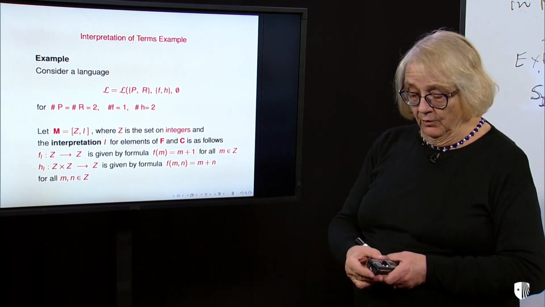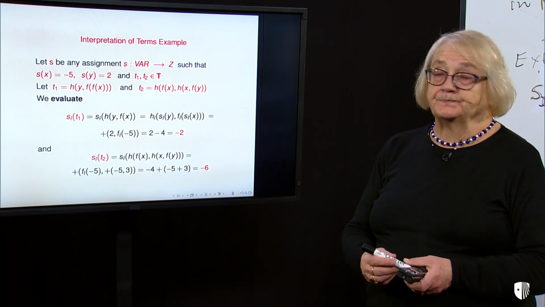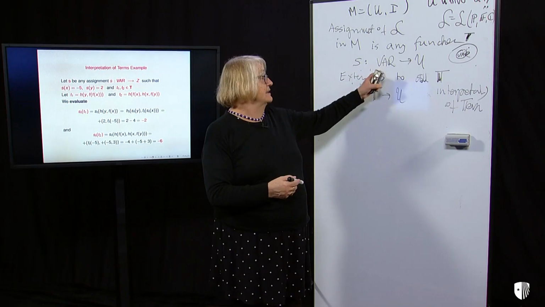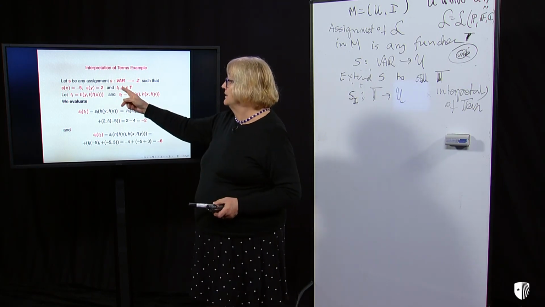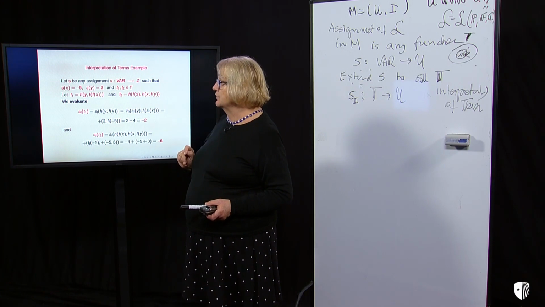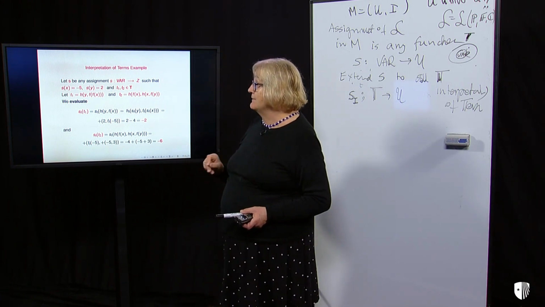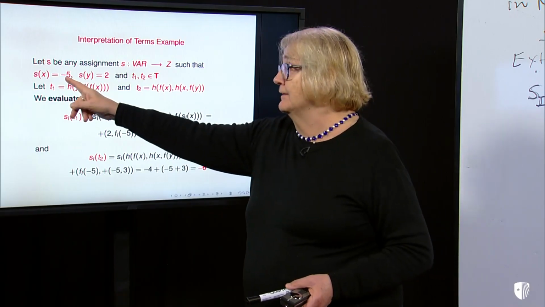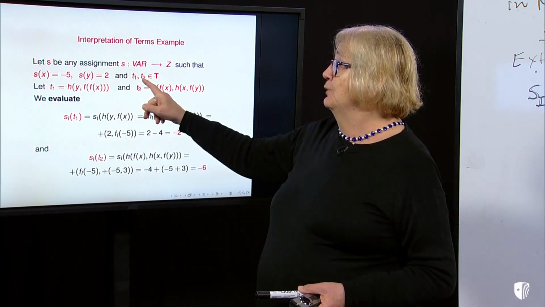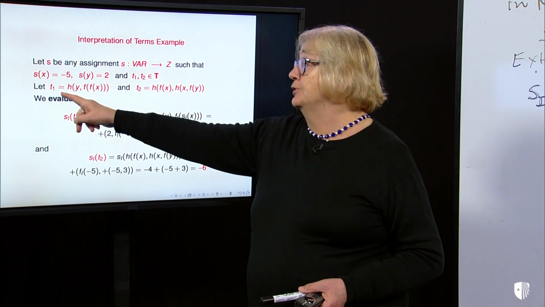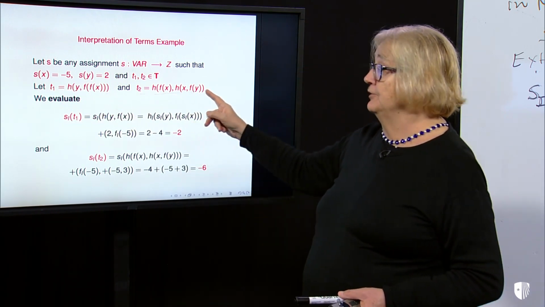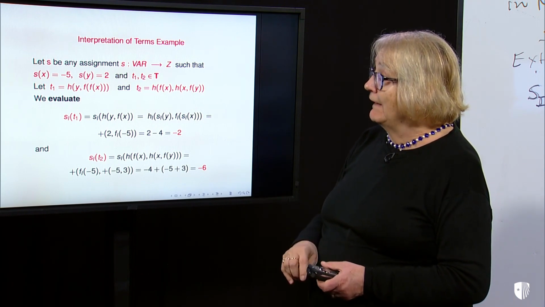Now the assignment S is from variables to Z, that is our universe of interpretation. I put on x -5, on y 2, and for t1, t2, I put t1. This is my t1, this is an example, and this is my t2. And now I want to evaluate